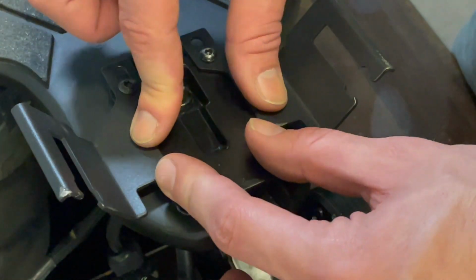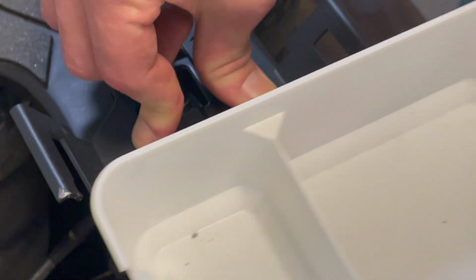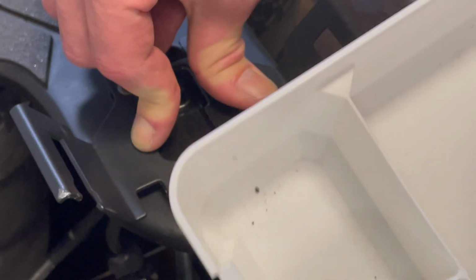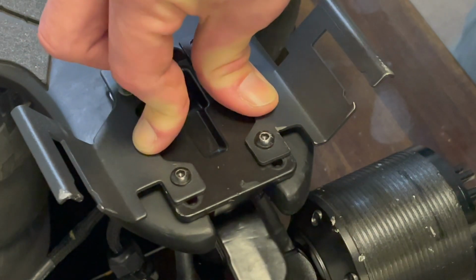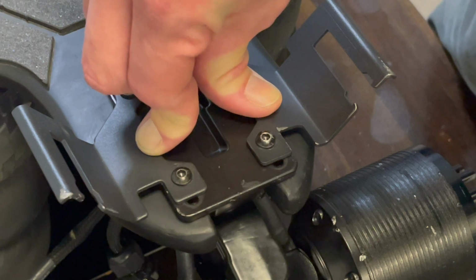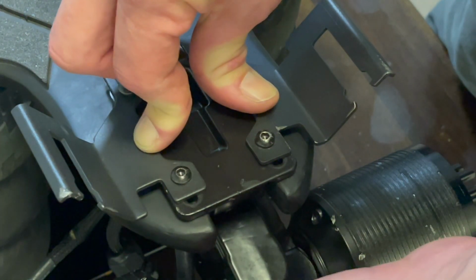It's all pretty straightforward from here. We'll just grab our other hardware, just the washer and bolt underneath. Screw these on, and away you go. Pretty simple. Word of caution, now mine is currently unplugged because I'm replacing the back truck,